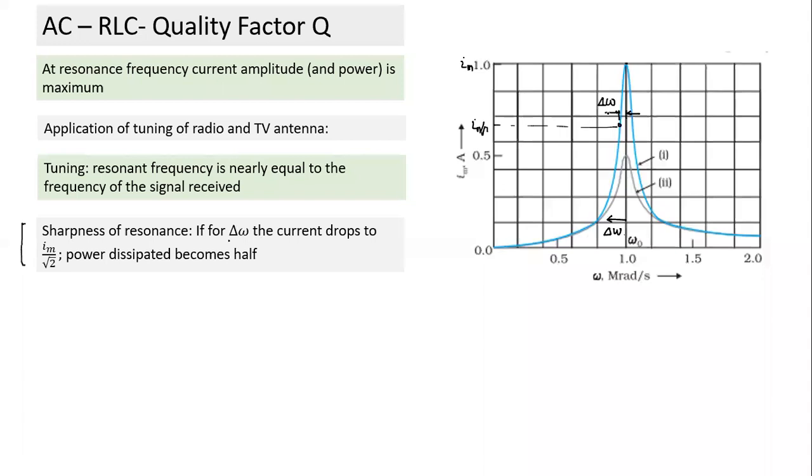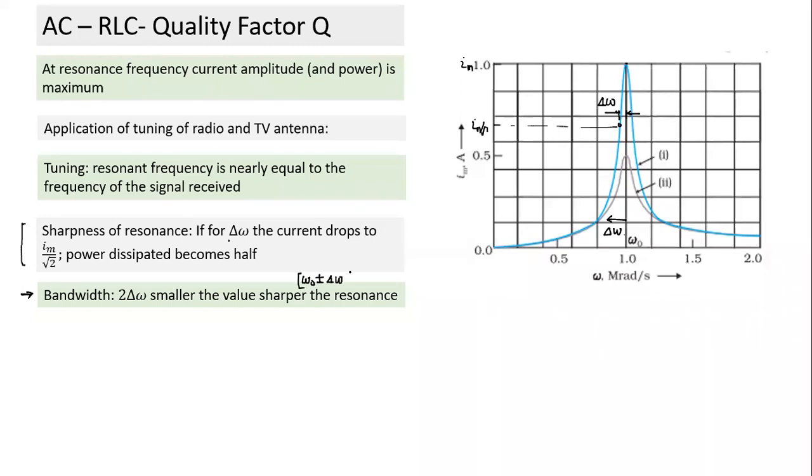Power drops to half, like the loudness of the sound I was hearing becomes half as loud. So I can lower the frequency, or I can increase the frequency. And 2 delta omega is called the bandwidth. That's a name used in communication. So what is the bandwidth? It is within the band. So if I use a frequency like omega naught plus or minus delta omega,